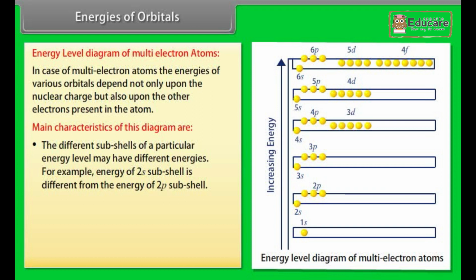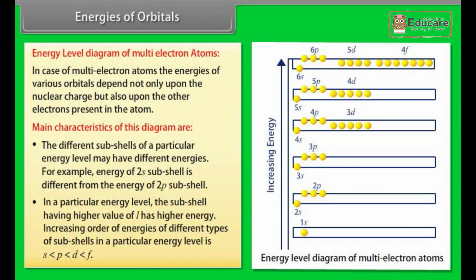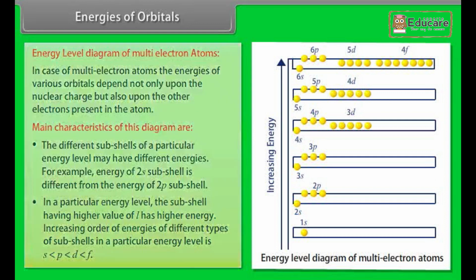For example, energy of 2s subshell is different from the energy of 2p subshell. Number 2. In a particular energy level, the subshell having higher value of L has higher energy. Increasing order of energies of different types of subshells in a particular energy level is: